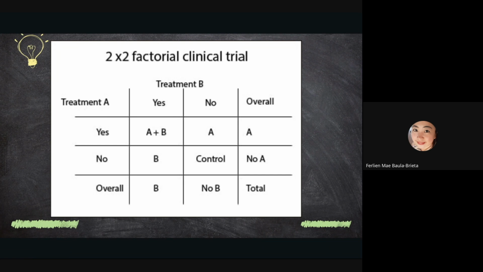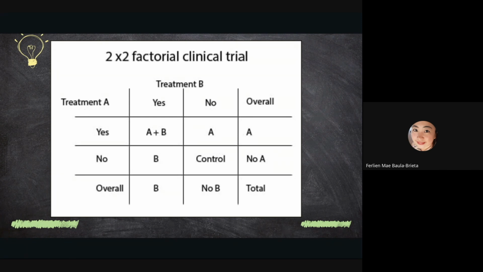It is partnered with interventions A and B. The participants are randomly allocated to one of the 4 combinations: A alone, B alone, both A and B, or neither A nor B. This design, this grid, allows comparison of each of the interventions with the control group. It can also help us compare the 2 interventions with each other.